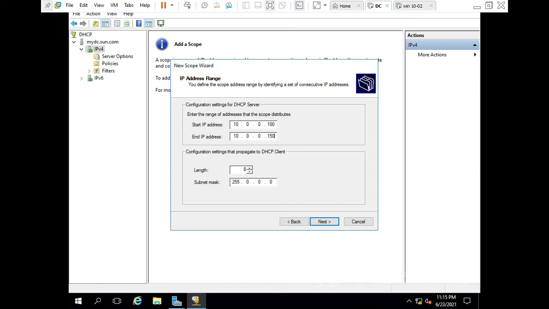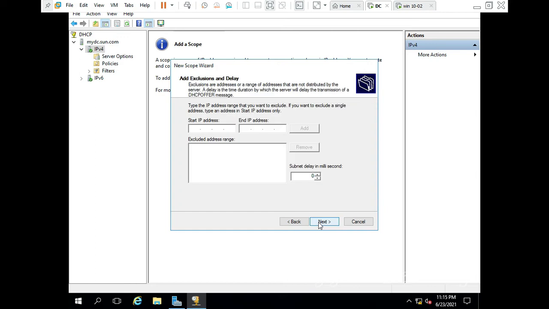If you did any subnetting, the value will change on your subnet mask. The next one is excluded address. The excluded address is nothing but we can block a specific IP address or a group of IP addresses on the IP ranges. If you want to block a specific IP, you can block here, otherwise just leave it.